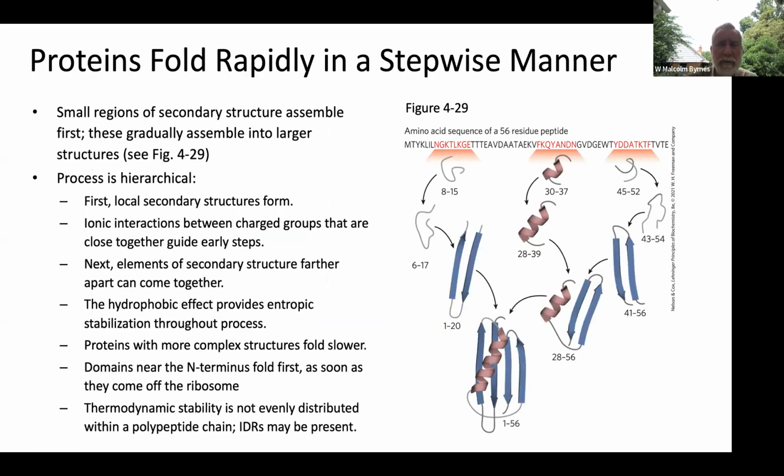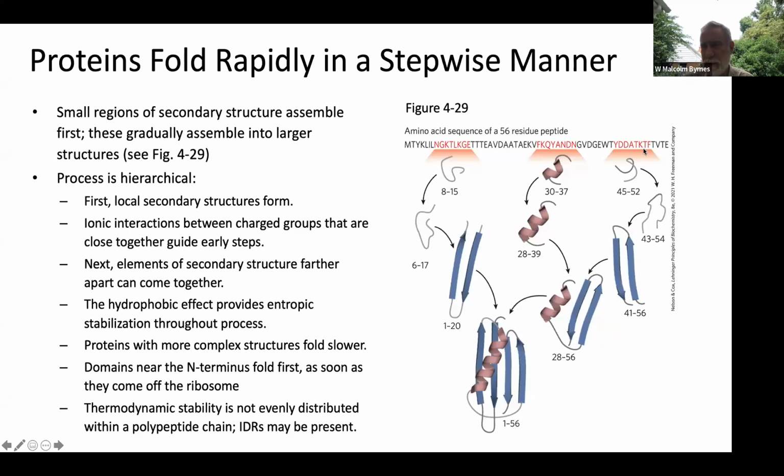Right there. But first, I want to talk about the folding process. Proteins fold rapidly in general, in a cooperative process in a stepwise manner. Small regions of secondary structure assemble first, and these gradually assemble into larger structures. And that's shown in this figure 4.29 from your textbook, where you have these small regions here of